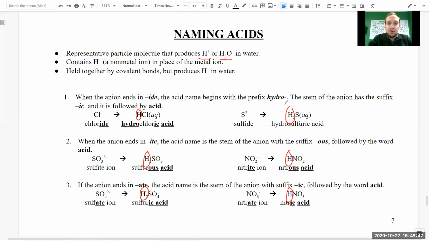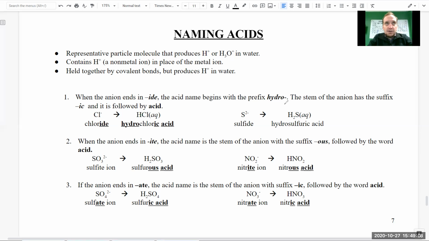A hydrogen in the front is always going to be a clue that we're talking about an acid, and therefore the way that we're going to name these acids is going to be a little bit different than what we've done before with other ionics and covalents for that matter. These are held together by a covalent bond, but do produce H+ ions in water. So what I mean by that is